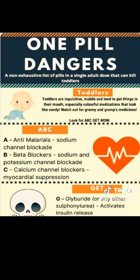So in this particular case, you could see that the grandmother was taking a beta blocker. And they're very, very common blood pressure medications. Also very common blood pressure medications are calcium channel blockers like diltiazem or verapamil. So you really want to be vigilant if you have a person that's visiting you or you yourself take these medications for blood pressure. Because one pill on the ground and the toddler eats it,